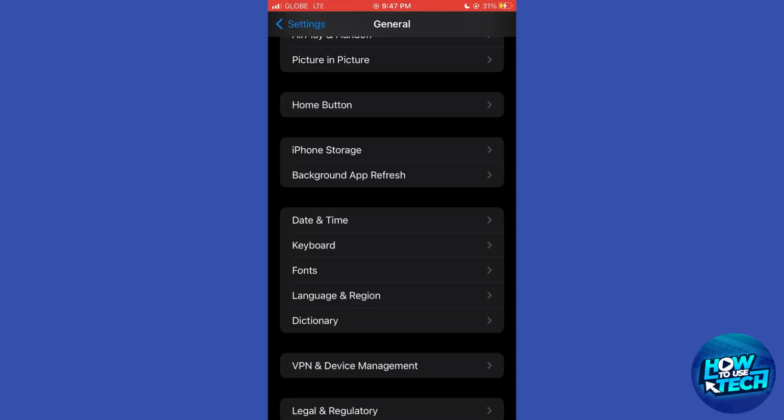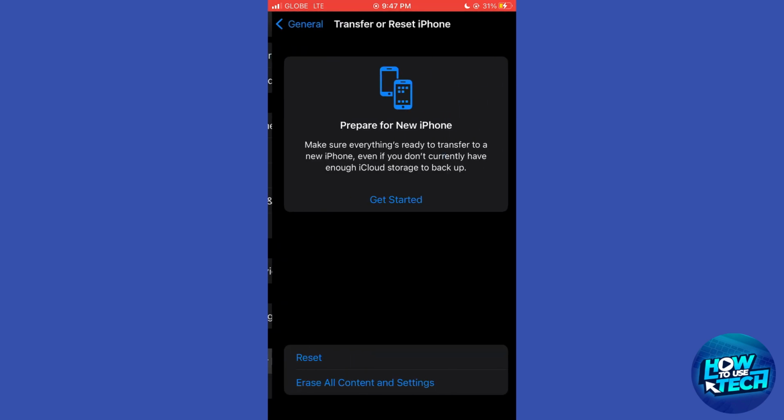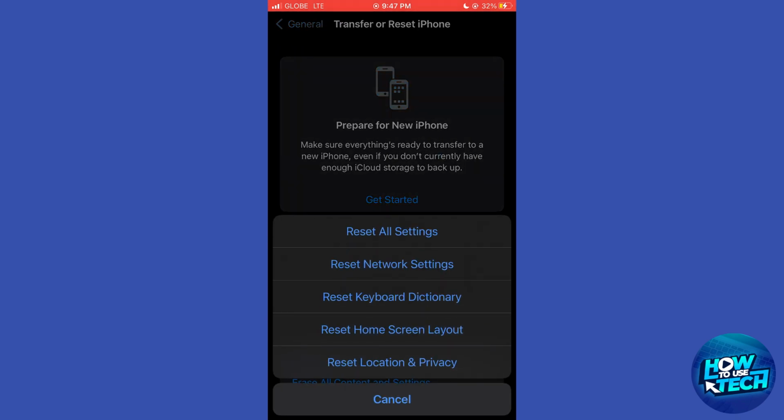6. Reset all settings, last resort. Settings, General, Transfer or Reset iPhone. Reset all settings. And that is everything you need to know about how to change date and time if grayed